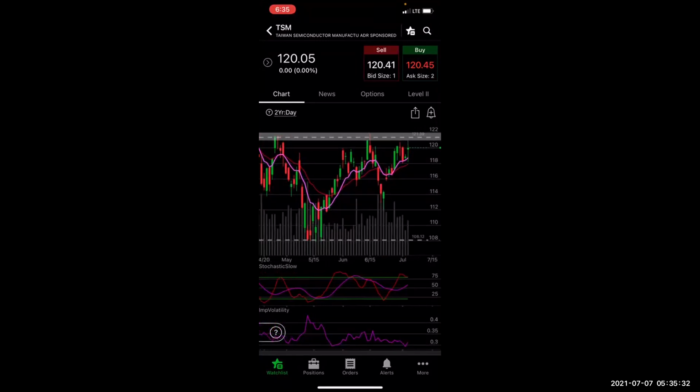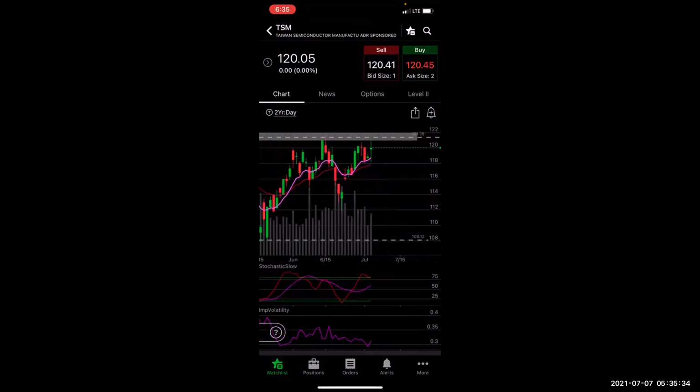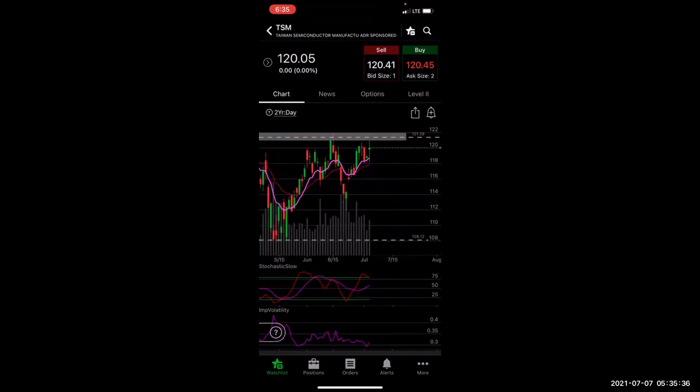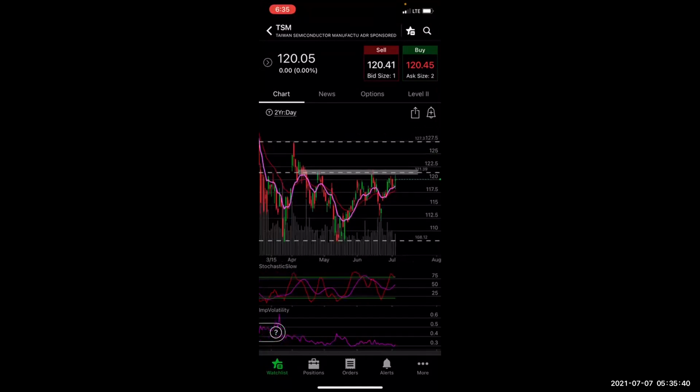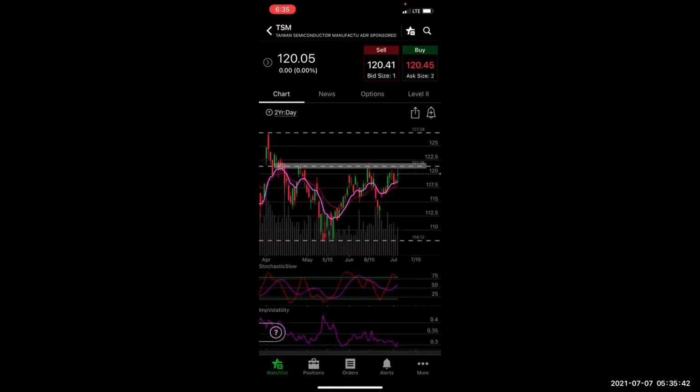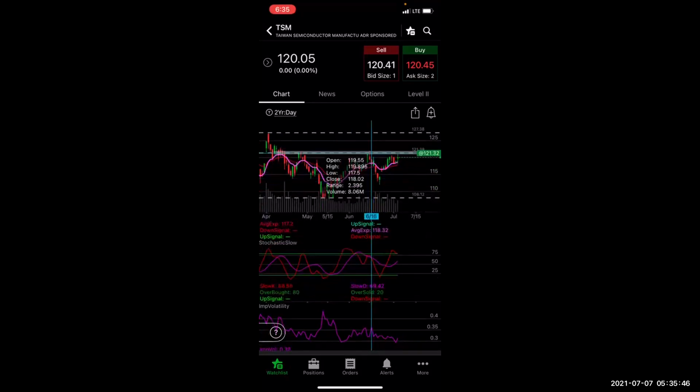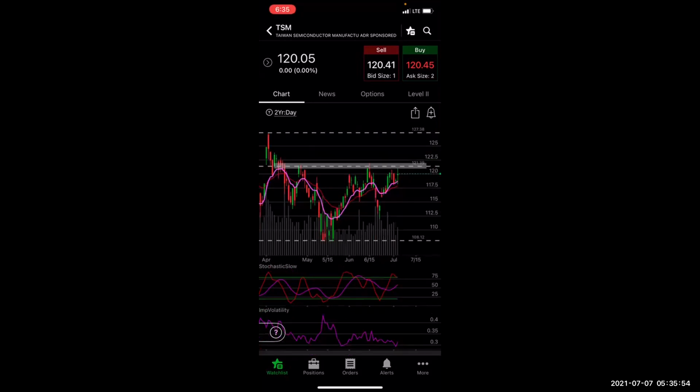Now, I do have 121.39 as my level, but in reality, if you notice what I did here, I created a range, and that range was from this level right here. Let's see, the high of 122 and the low of 120.93, right? So that's my range. So now that I have set this zone of resistance,